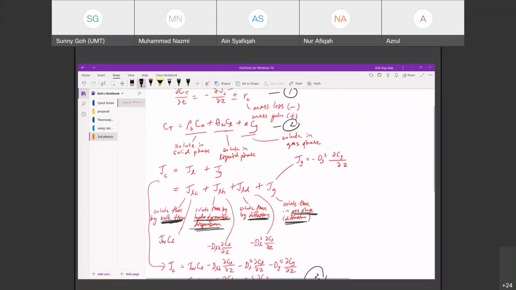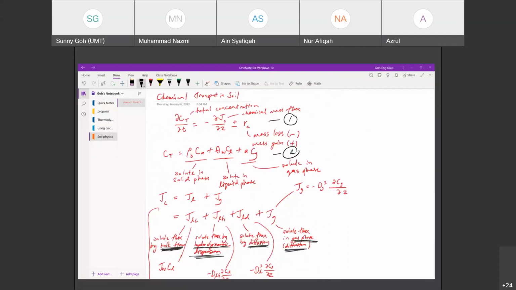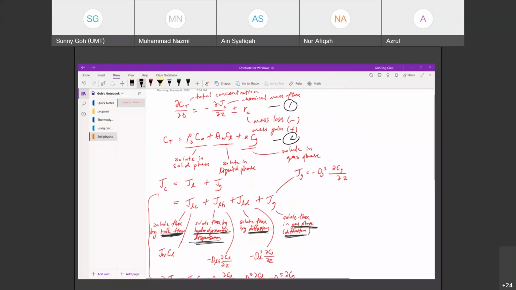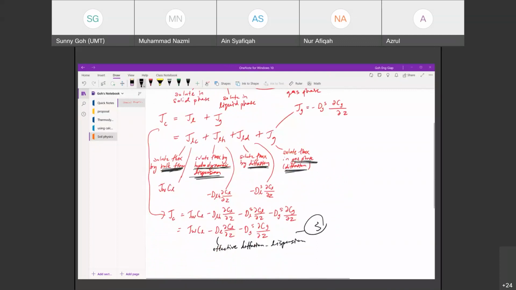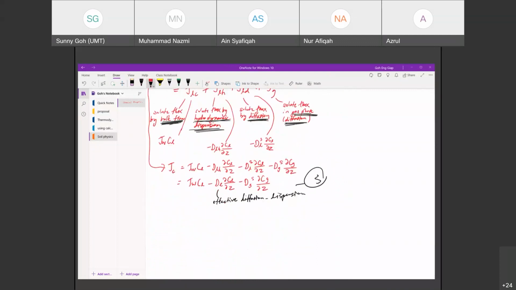Now we want to talk about R_C. Okay, R_C. R_C is the reaction, chemical reaction. It can be generation, it can be degradation. So generation means it produces the solute, it produces the substance. Degradation basically means the substance degrades over time. It loses mass over time. All right, so R_C is given by